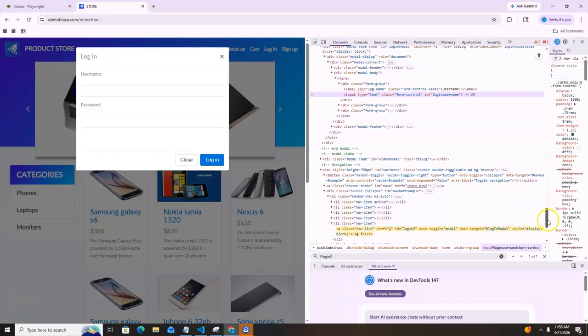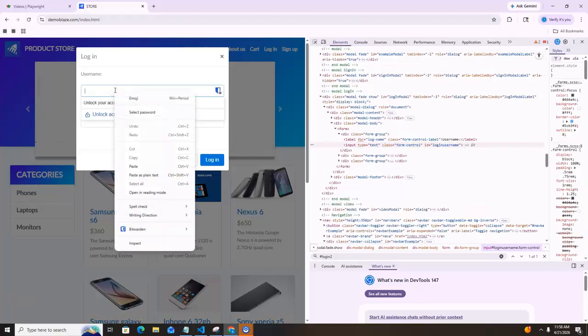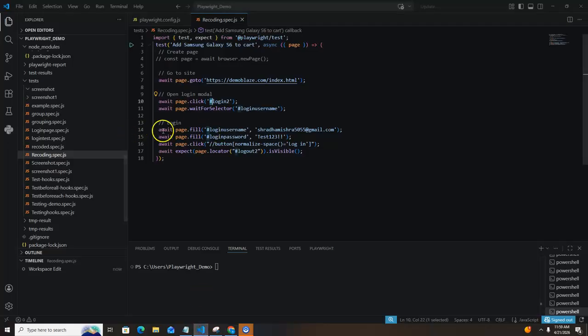You can see here the ID is login username. So I have to capture the ID of this element, like this text box, and you can see here the await keyword page dot, and this is a